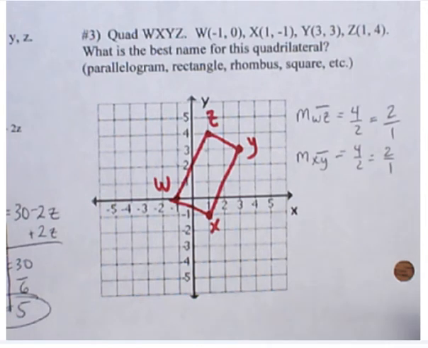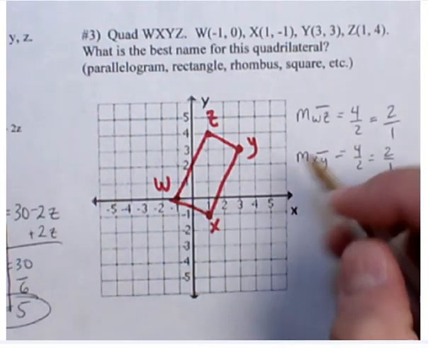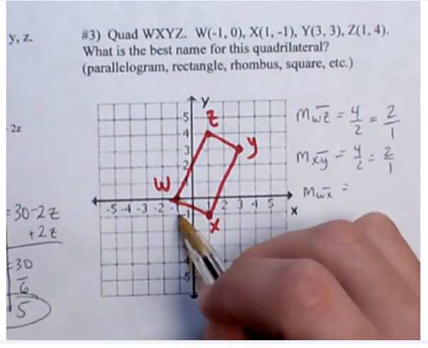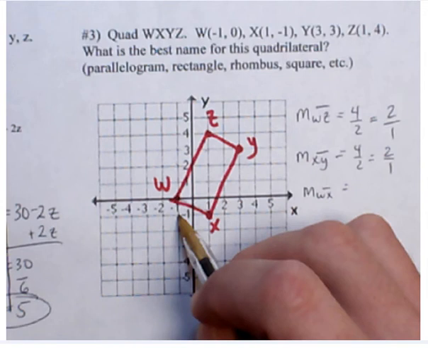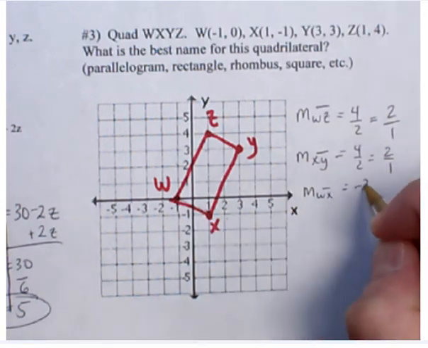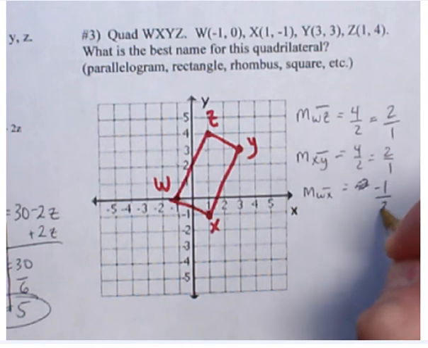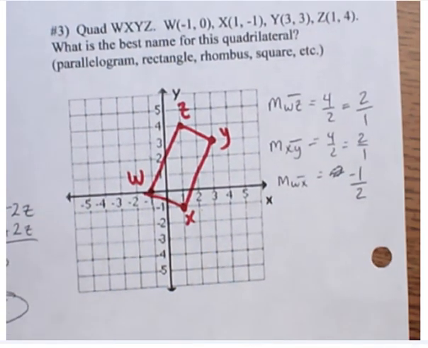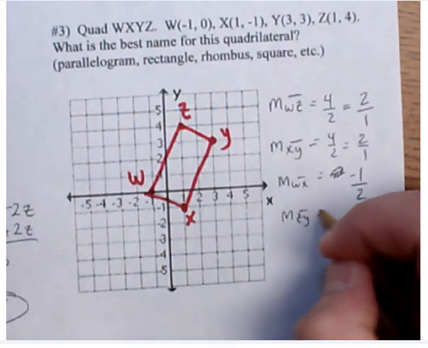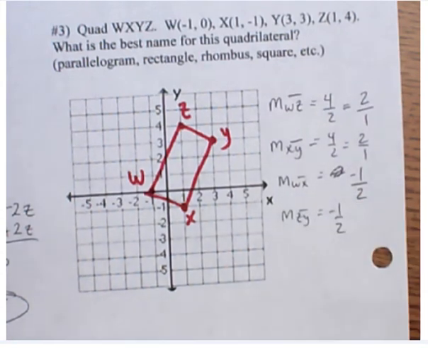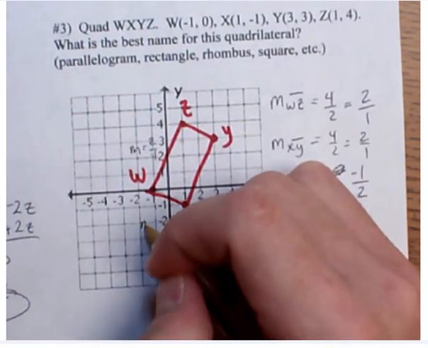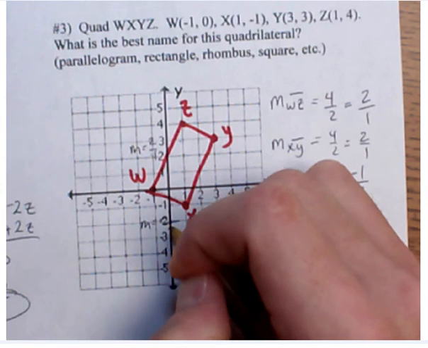Okay. Now how about the bottom? How about WX? The slope of WX, I'm going to go down 1, which is negative, and then right 2, which is positive. Whoops, down 1 and right 2, negative 1/2. And then ZY is going to be the same. Now if you look at your slopes, 2 over 1, negative 1 over 2,